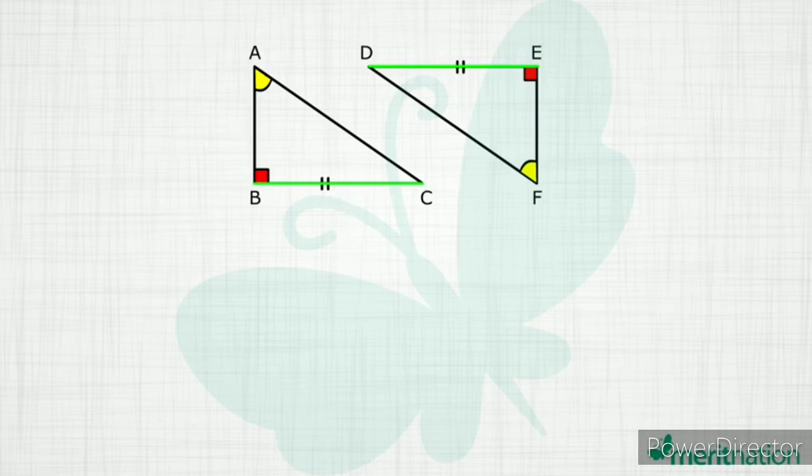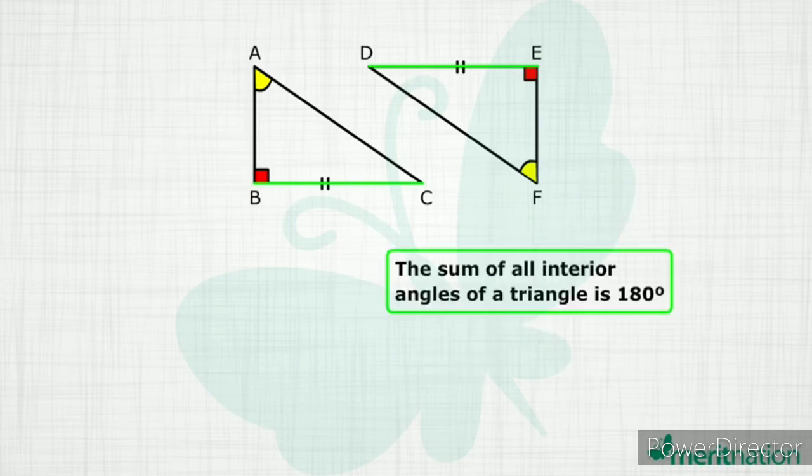We will first try to prove the two remaining angles of the triangles to be equal. Now, two angles of triangle ABC are equal to two angles of triangle DEF. Recall the angle sum property of a triangle. The sum of the measures of the three angles of a triangle is always 180 degrees. Now, what can we say? Can we say that the remaining angle of triangle ABC equals the remaining angle of triangle DEF? That is right. So we have angle BCA equal to angle FDE.